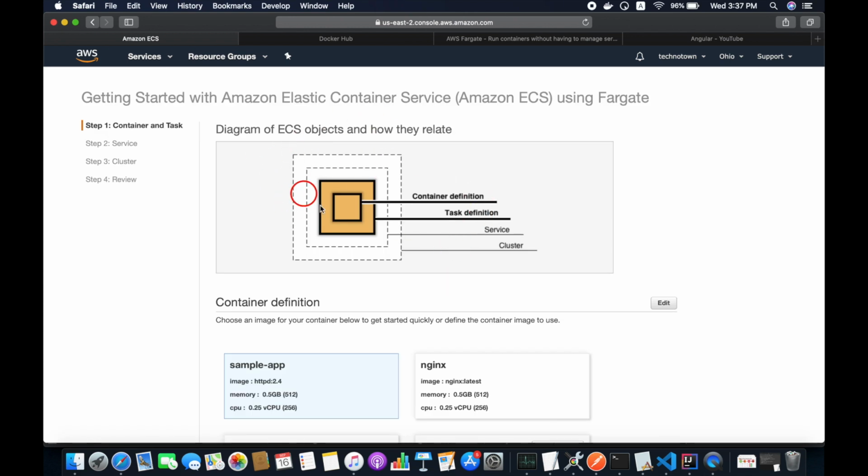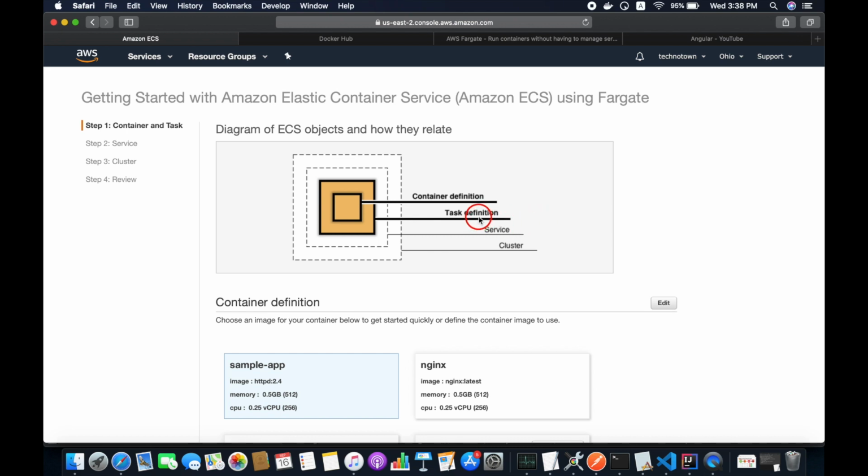So here we will have one diagram, the diagram of ECS objects and how they are related. Basically we need a container. A container is nothing but a standardized unit of software development and contains everything that your application needs to run the code.